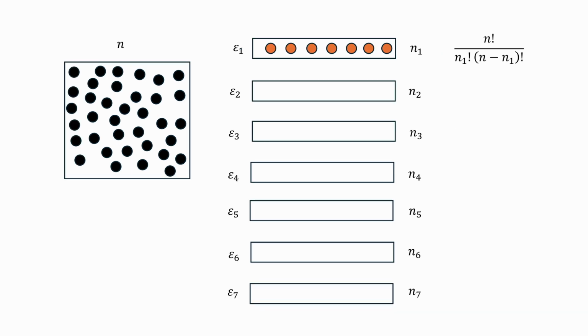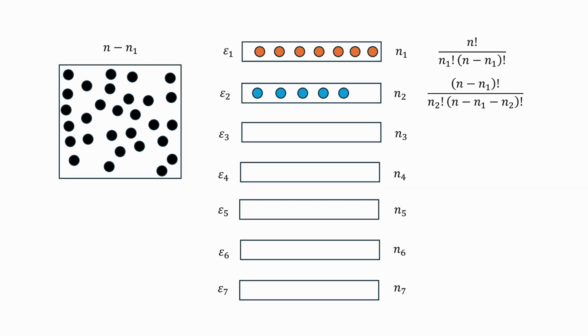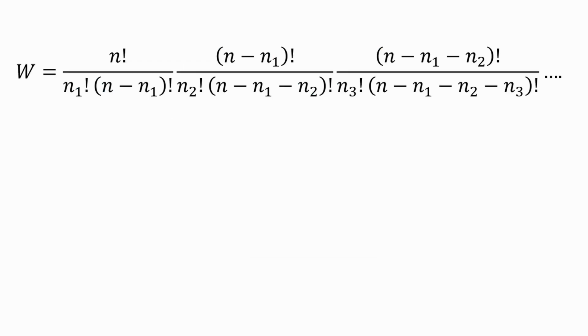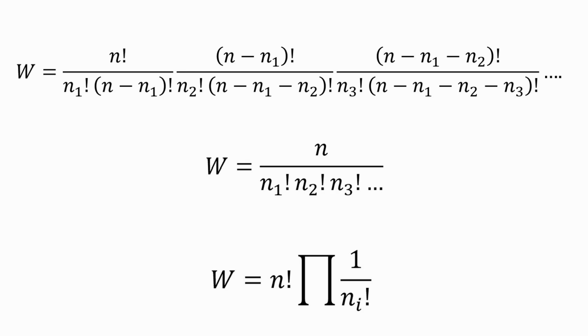For the first group we can select n1 out of n particles and place them in group epsilon I1. For group 2 we can only select n2 out of n minus n1 particles to place them in group epsilon I2. Therefore, the total number W of ways of distributing those particles is, which results in, this is the number of total microstates. It can be written in a more concise way as,